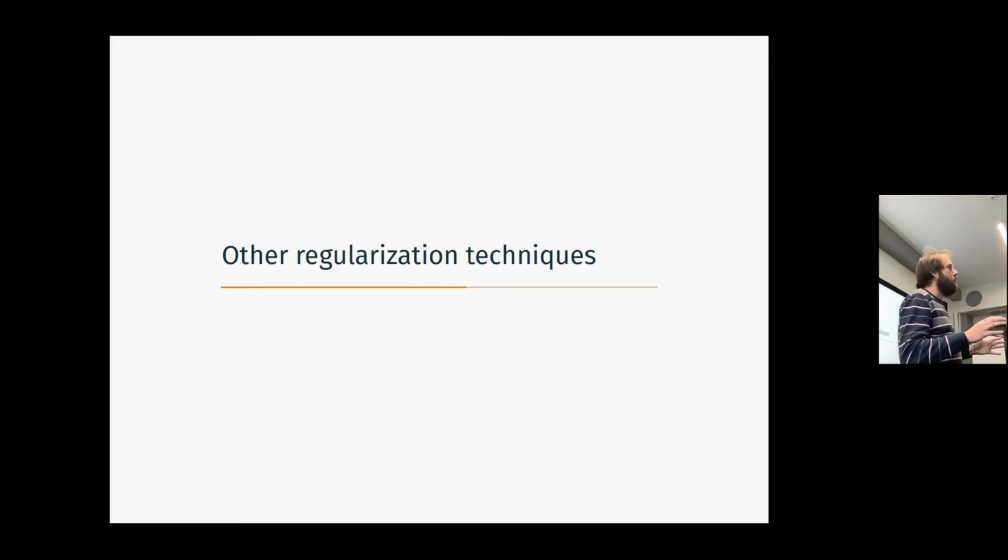So, what is the main problem you want to avoid when you train a neural network? What is the main problem you want to avoid when you train a neural network? This is a question. Do you have an idea? Overfitting. The main problem is overfitting. Underfitting is not so much a problem, because with underfitting you adjust the model and you see that it's a bad model, but you know it.